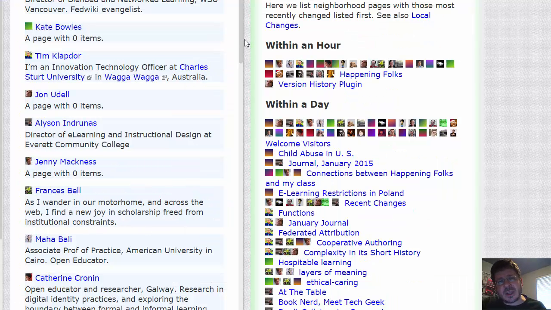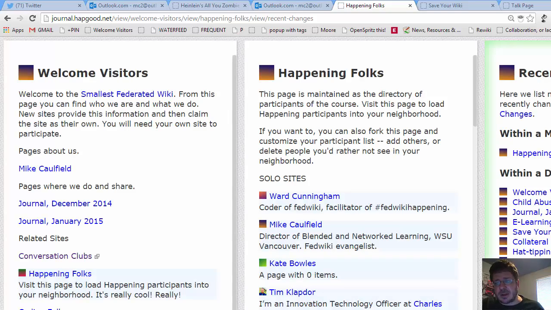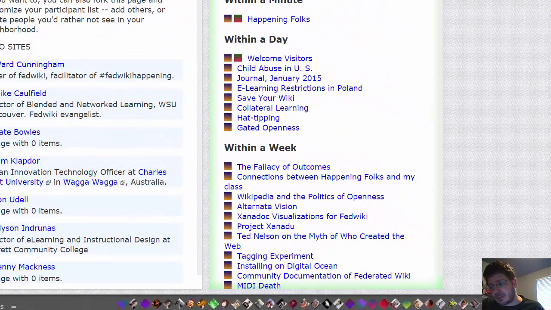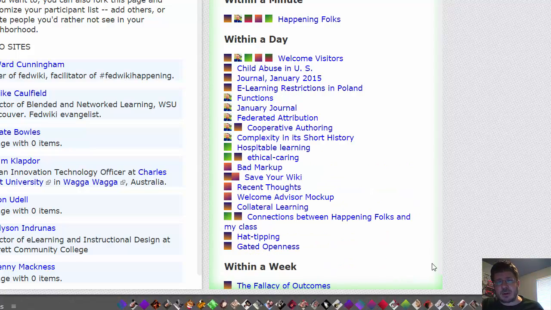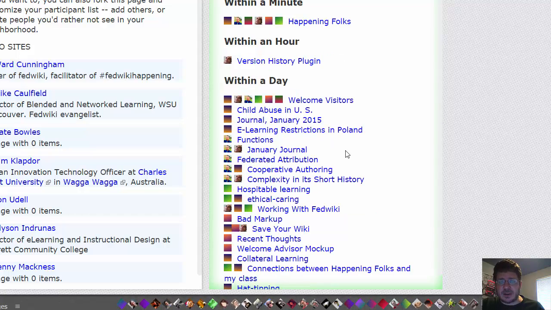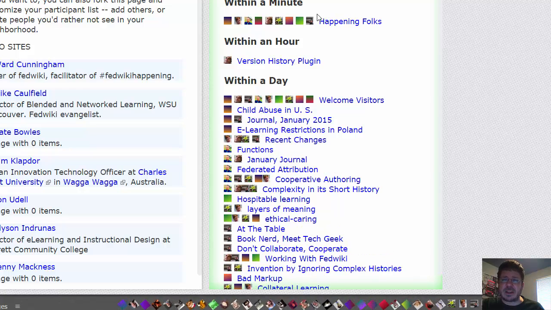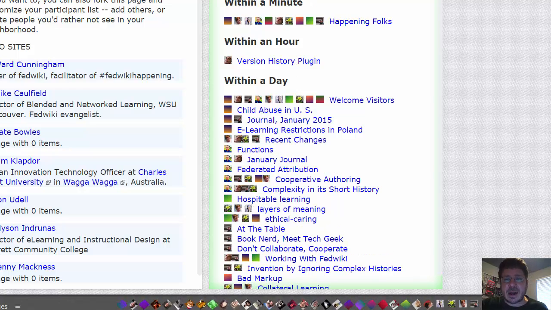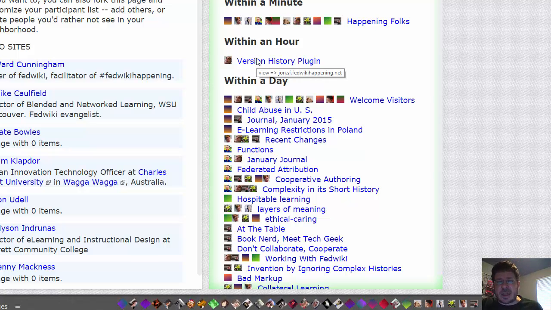So one of the things that we should see as we move all our top posters to the top is that if we refresh the page, right, our recent changes is going to fill in faster than it did before because we're getting the sites that have the most prolific writers. We're loading them in first, right? And so you see that even though we're only in 5 here, we've actually got quite a bit of activity within the past hour and within the past day, and that's what we want, right? So we can deal with that through